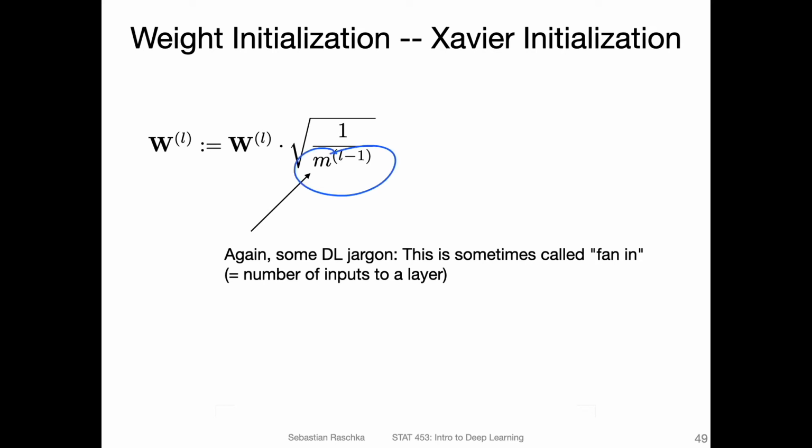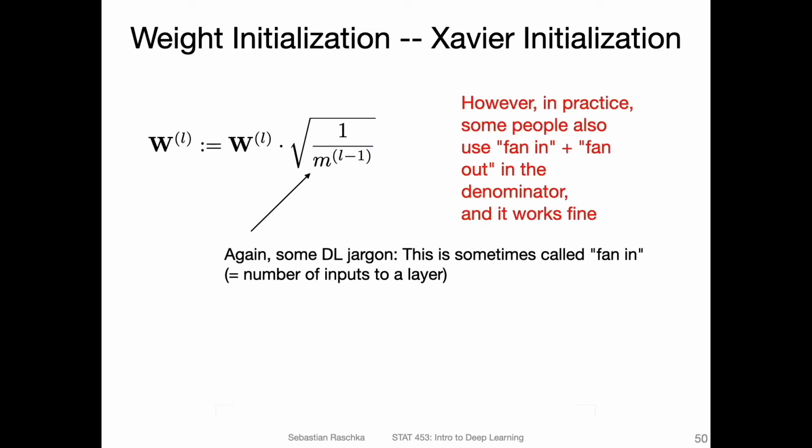This is also sometimes called the number of features from the previous layer, it's sometimes also called fan in, and I have no idea why it's called like that. It's another term that is commonly used. There's actually a term fan in, and there's also the term fan out. I only know everyone has been using this since 10 years ago or something, but I never understood where this name comes from.